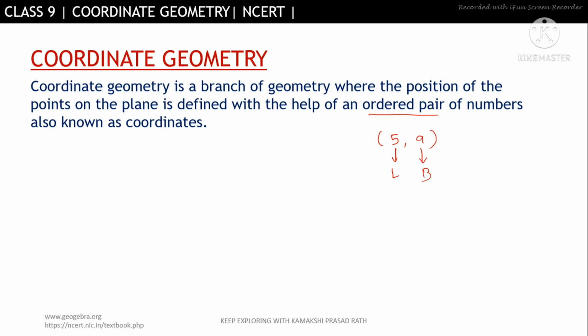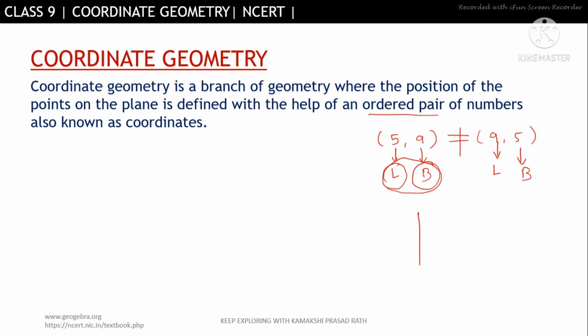These are called ordered pairs of numbers. They are written in an order: first left, then bottom. Now I cannot write the same position of the dot as (9, 5), because for us the first number is the left edge and the next is the bottom edge. If I write 9 on the left and 5 at the bottom edge, this does not represent the same point. So we have to understand that (5, 9) is never the same as (9, 5), because in the first one 5 cm is the distance from the left edge and 9 is the distance from the bottom edge.